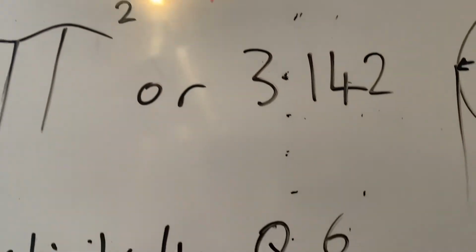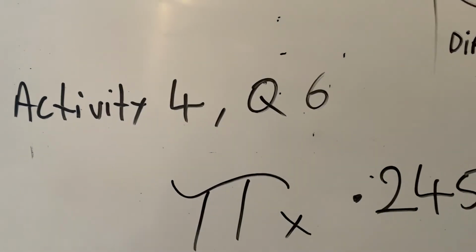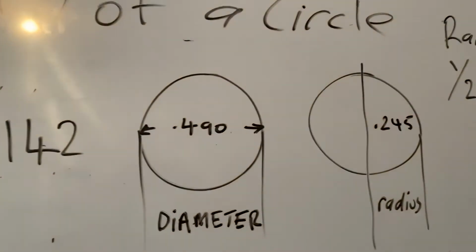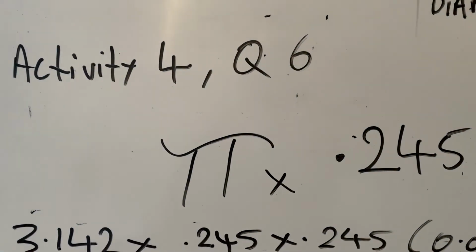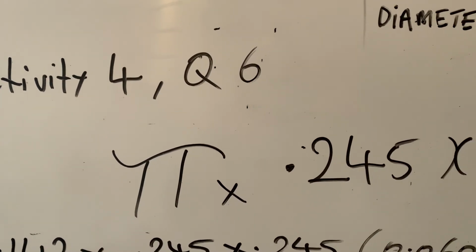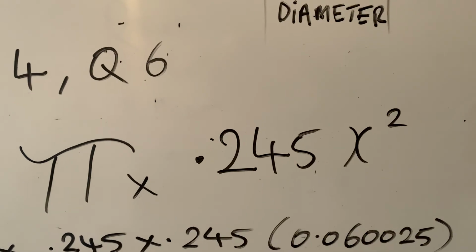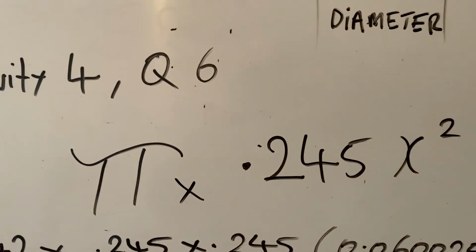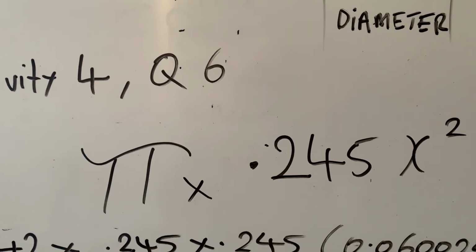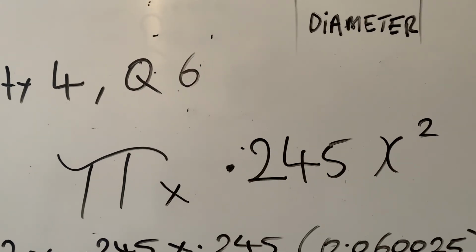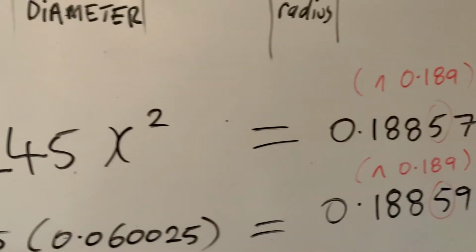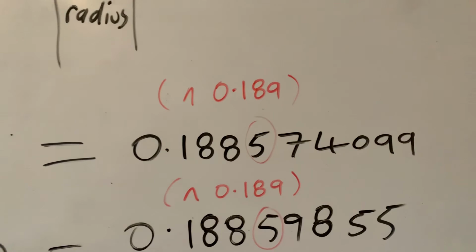So down the bottom here, activity 4, question 6 in your 24361 unit is where I've got this calculation from. Right, on a scientific calculator, you want to push pi times 0.245, then the x2. Again, you find the symbol pi. You might have to push shift to get the symbol pi, times 0.245 millimeters, then you push x2, and you should come out with this calculation, the top one,